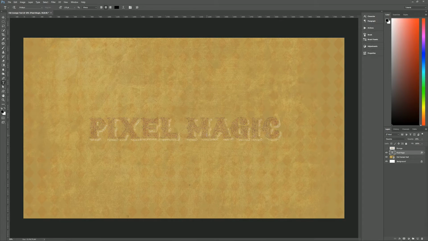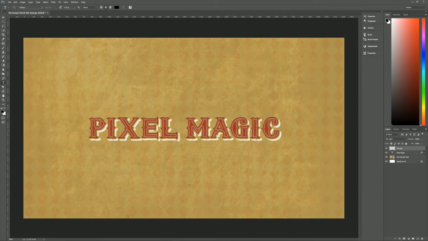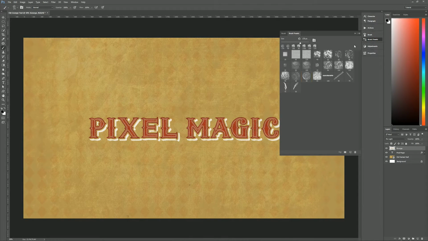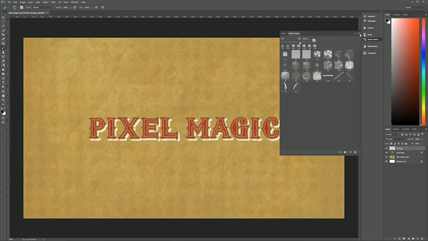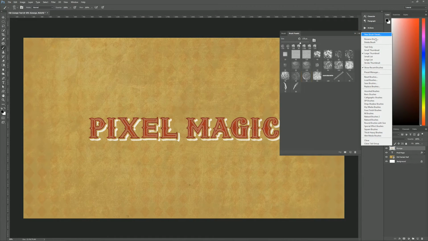Now that forms the basis of our paint, where the grunge layer is the top part of the paint before it started to flake away. Now what we're going to do is use our eyes and our artistic talent to use a brush tool. Hit B on your keyboard to bring up the brush tool, and then we're going to go to our brush presets, and we are going to bring up the faux finish brushes. So you can click on the little four lines here to bring up your